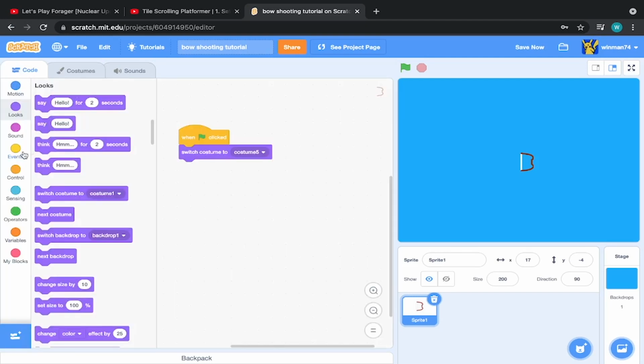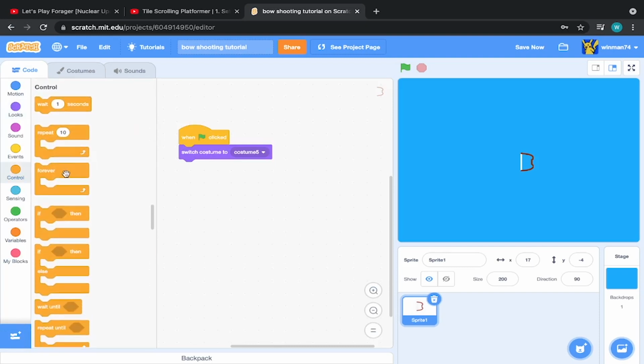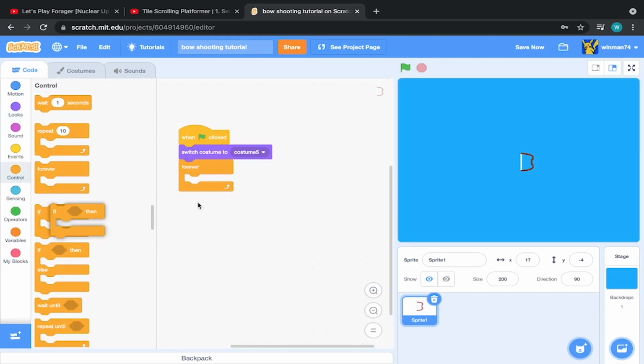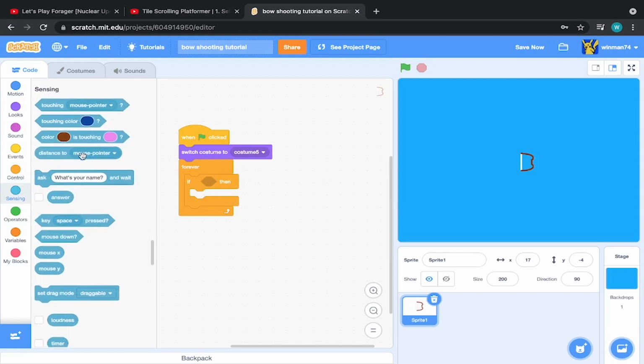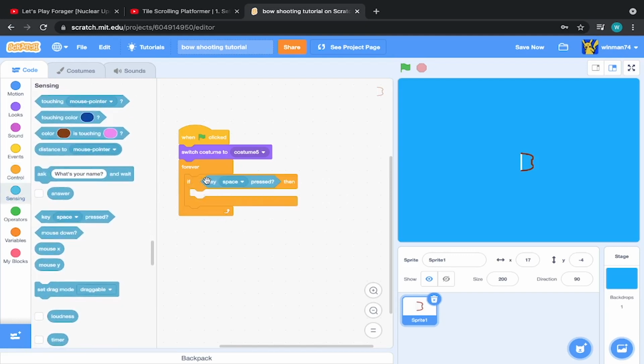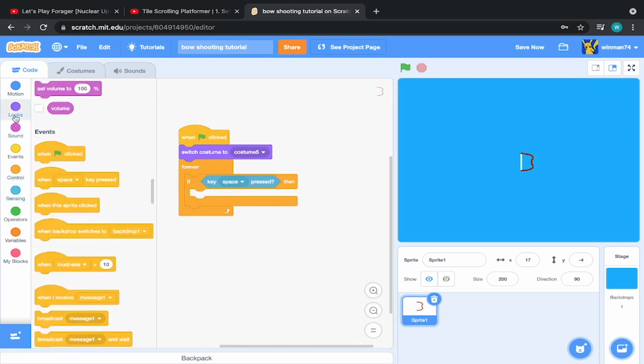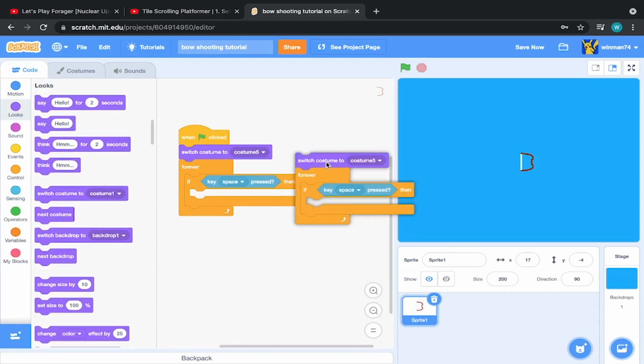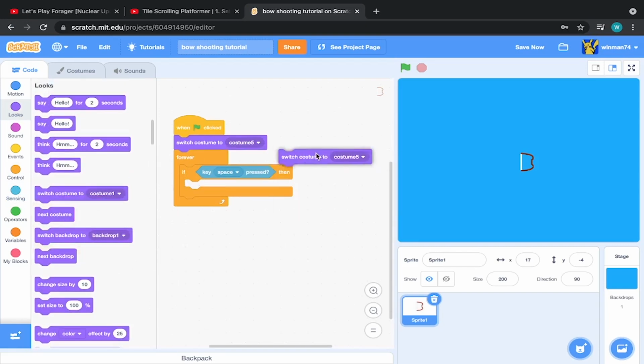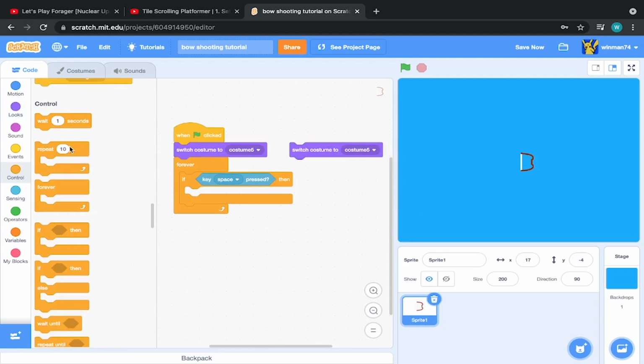Anyway, then do a forever. If sensing key space pressed, then do a switch costume to costume 5 again, then do repeat